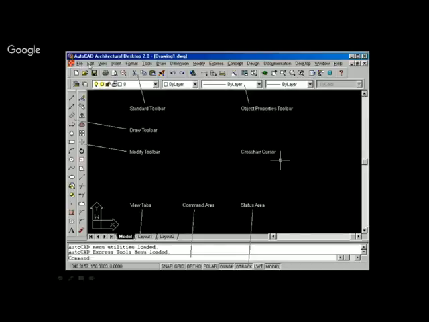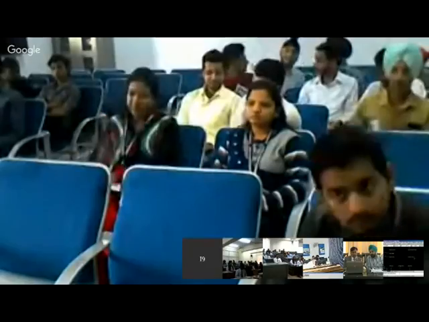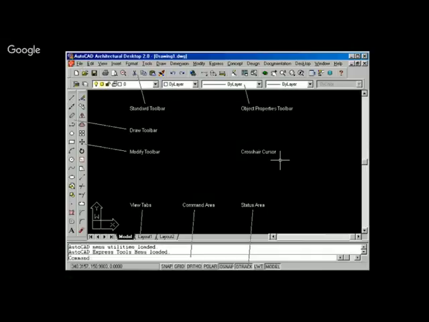Above this is file, edit, view. This is called the menu. These are the pull down menus, just like in Word, in which there is a file menu with various options in it. From the menu also you can give the commands in draw, modify, like that, or you can give the